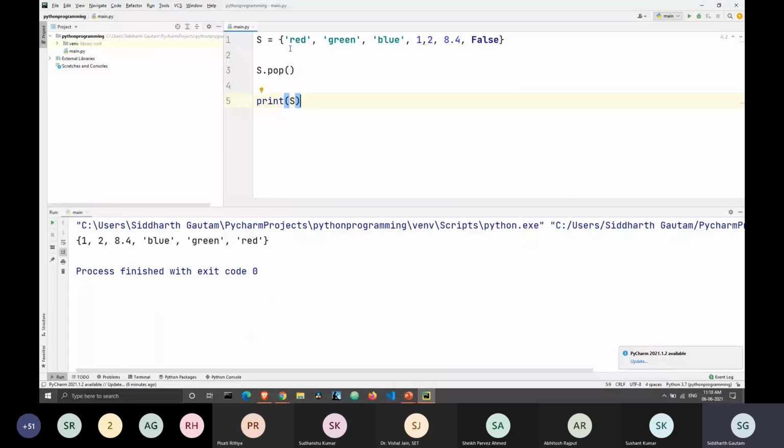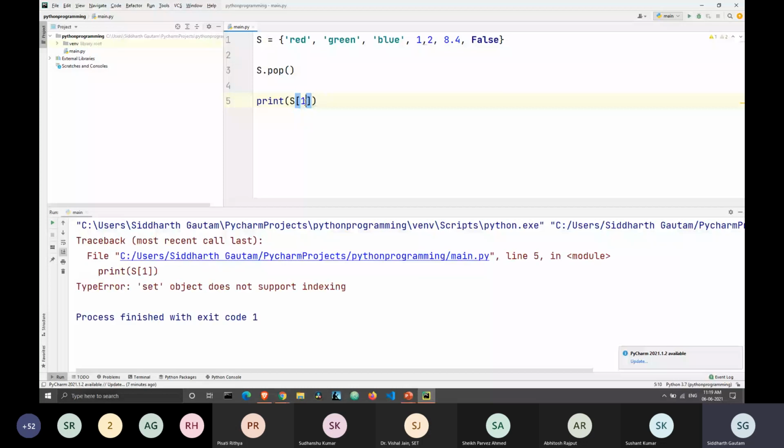an unordered sequence of elements. Like inside this, since we use the pop function, in that case there is a last element, but otherwise there is no first or last element inside a set in and of itself. For example, if I try to print S1, let's see if we can print anything. As you can see, this gave us an error, which means there is no oneth element of the set. So there's no first element, no second element, no third element. All of the elements exist at once. And that's why they can be in any order. That's why when you print over and over, the order can change over time.